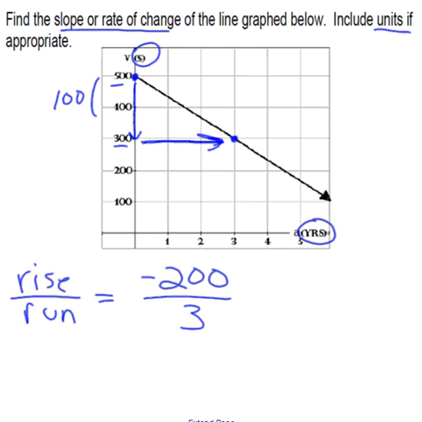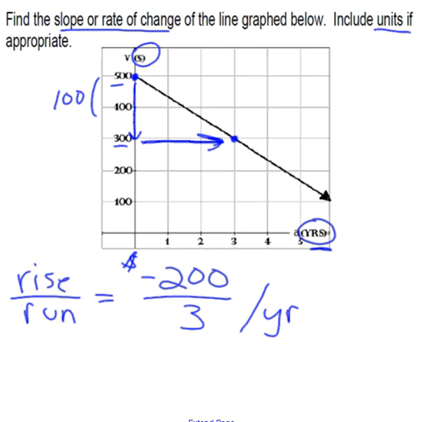So we were asked to include units. The units on the vertical axis are dollars, so that's dollars up here, and the units on the horizontal axis, where the run is, is years, so this is per year. Now, that looks kind of funny to leave it in that fraction form like that, but I'm going to leave